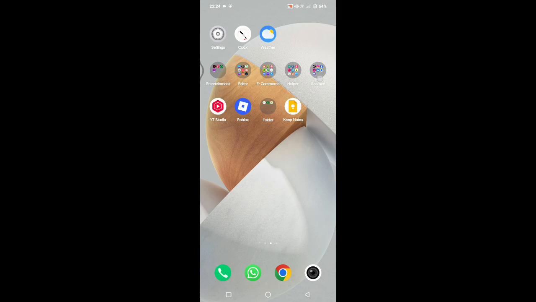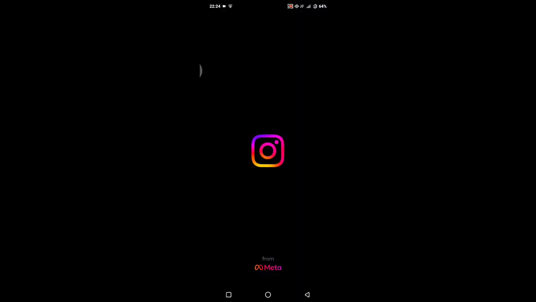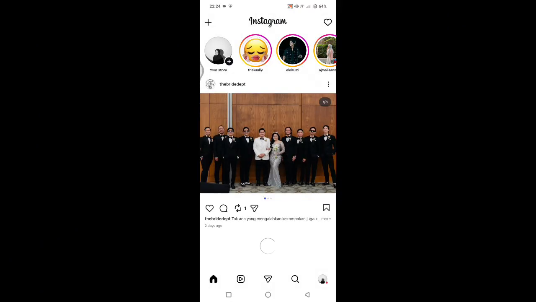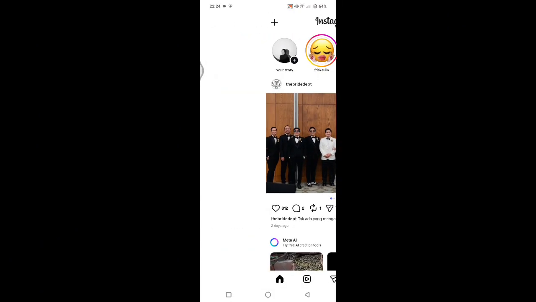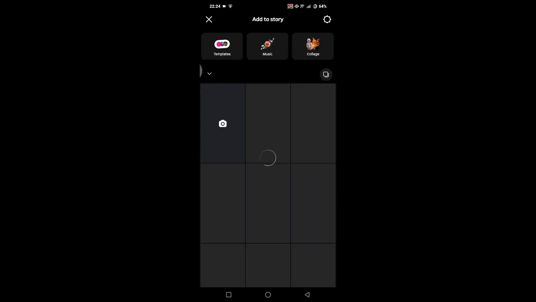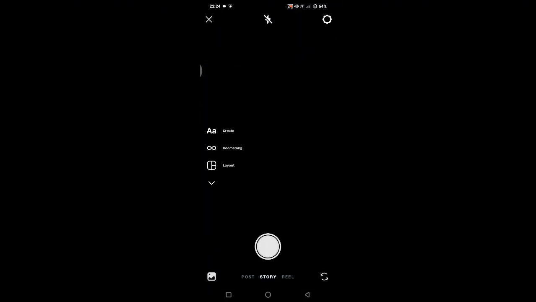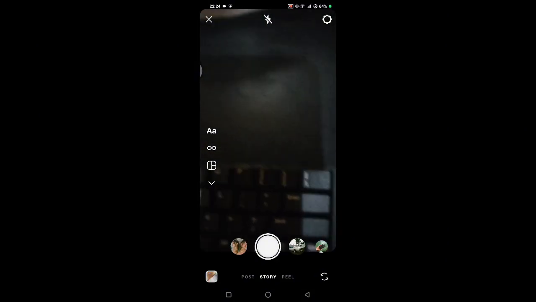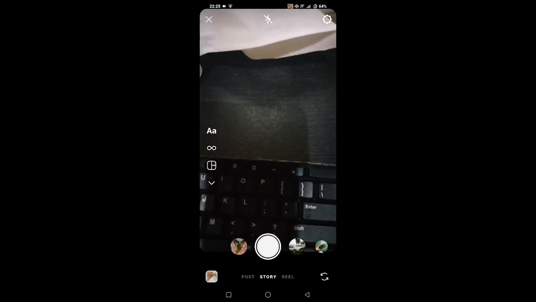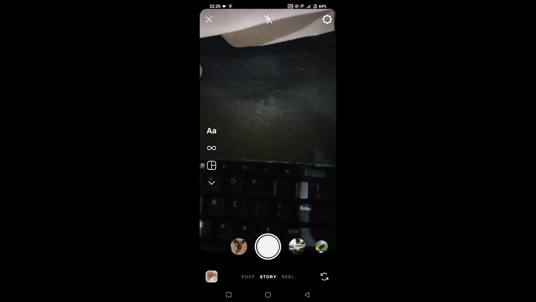So you can just first launch the Instagram application. Now you can just click on your story option and choose the camera button in here. So Instagram camera will be open automatically, and as you guys can see, it's on the rear camera. And if you want to make it in selfie mode by default, you can just click on the